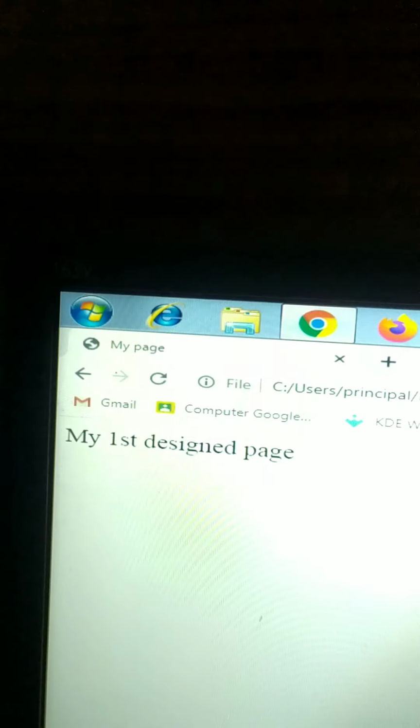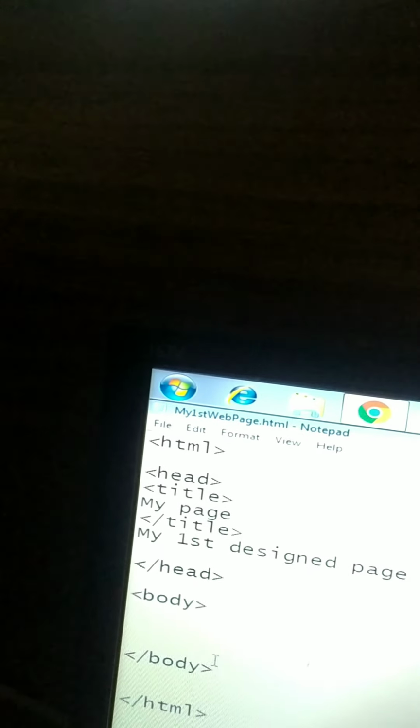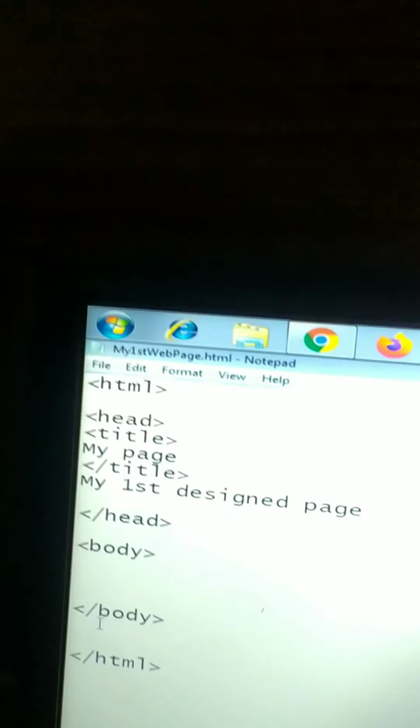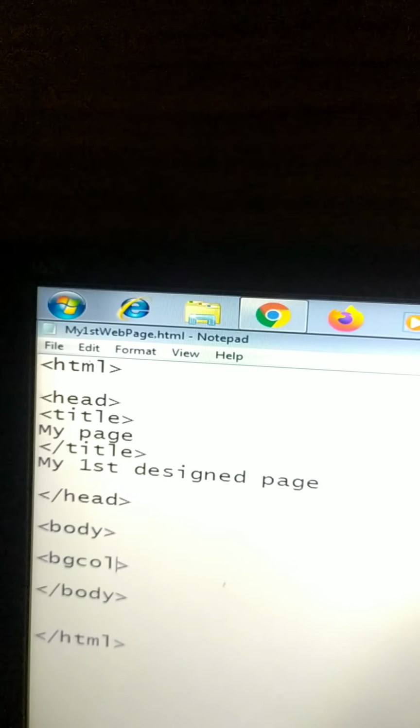See, my page is the title, and whatever you type in the head tag is over here. Now this is the heading. About the body, what you want to display on your web page, you will do in the body tag. Formatting the web page. Firstly, we'll study the background color. For that we'll be using BG color, that is background color.